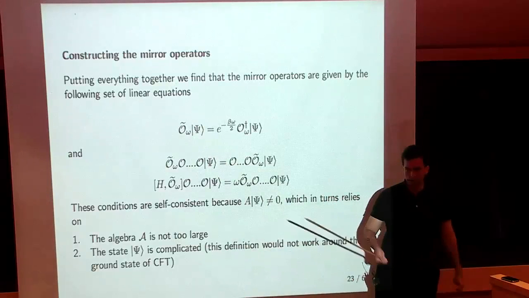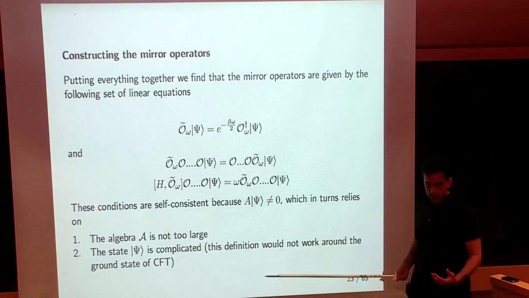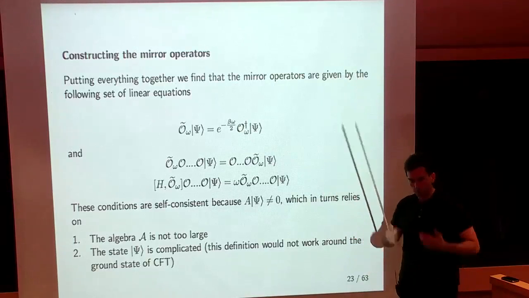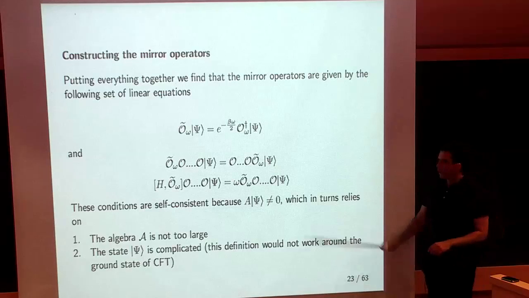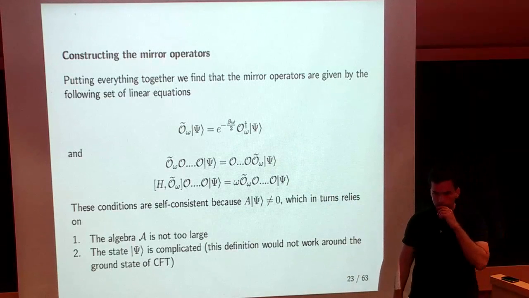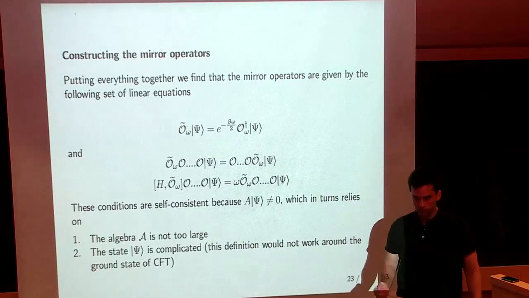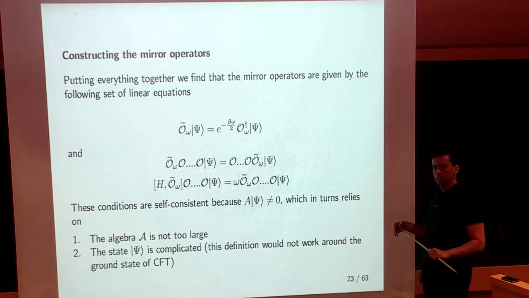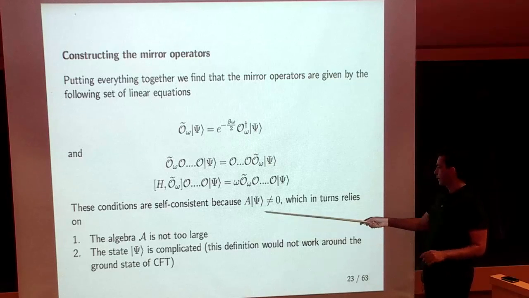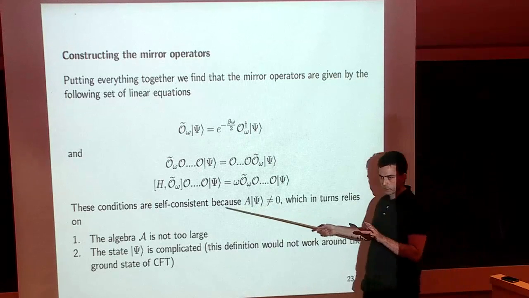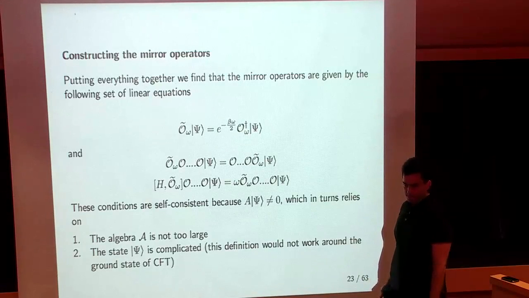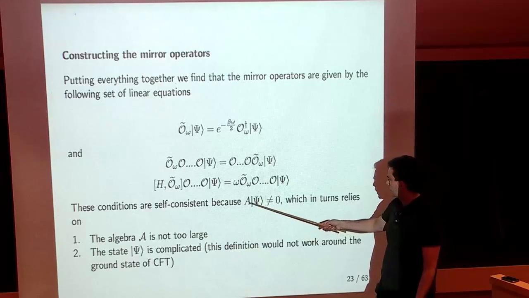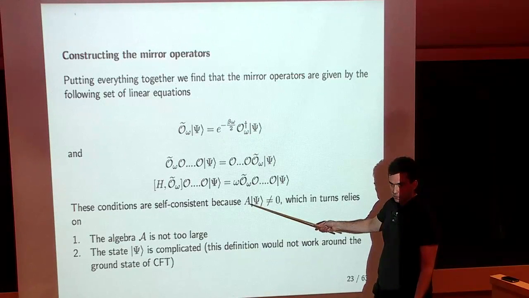But as Dan pointed out before, if you look at the correlators between O and O tilde in that case, there will be no way that you can combine them together and reconstruct a smooth space-time. So I understand that in this case there is just one space-time. This is just a field theory. But what is specific to the black hole? What is it about the state psi there? Well, there's a consistency condition which is necessary, which is that you cannot annihilate the state with elements of the algebra. So that's just saying that it's not pure, basically.